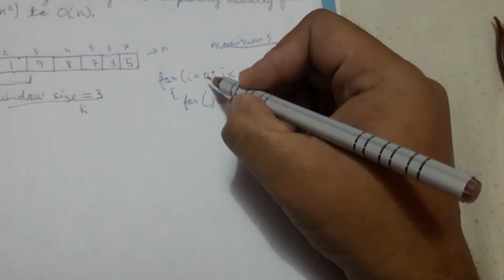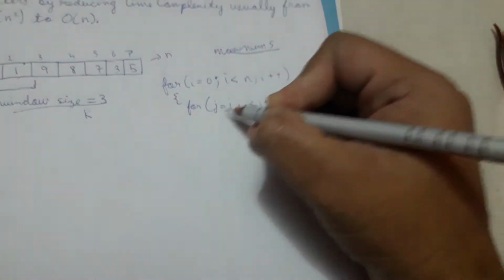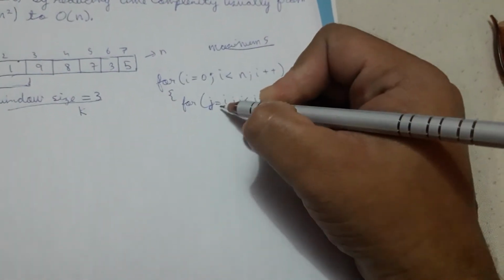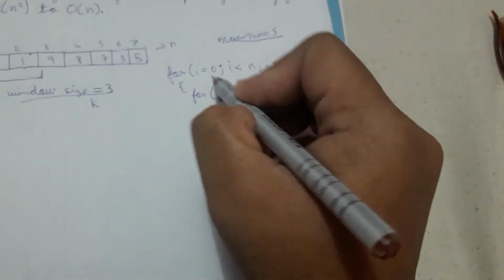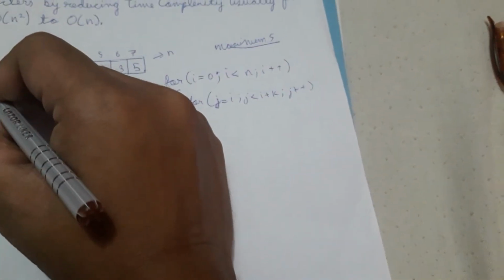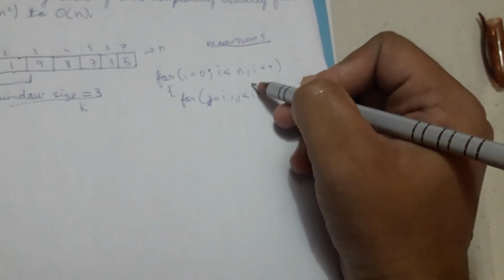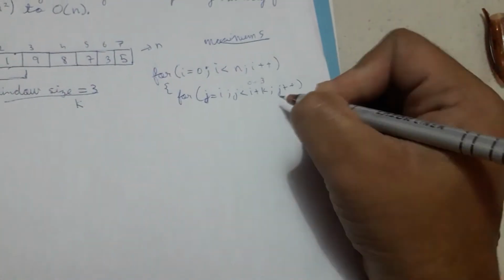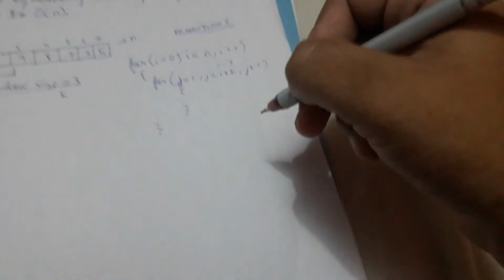So a possible solution would be to run an outer loop from I equal to 0, I less than n, I plus plus, and run an inner loop. Let's say the loop variable is j, from I to I plus k, because we have to update the window after each iteration. Initially the I variable is 0, so it is pointing to ARR of 0, which is 2. J is also pointing to the 0th index. It will go up to I plus k. Since I is initially 0 and the window size is 3, it will go to 0 plus 3, j plus plus, and you will write some body. It could be anything. So this is a naive approach.